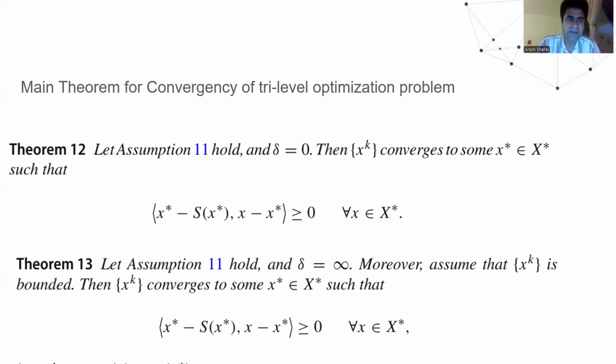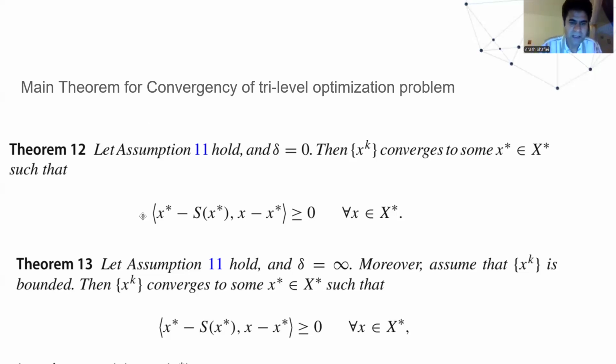Here is a main theorem for convergence of sequence xk generated by the algorithm when you have assumption 11 and delta is 0. You can say xk converges to x star belonging to capital X star. This means that X star is an optimal point of the main objective, this outer level trilevel optimization